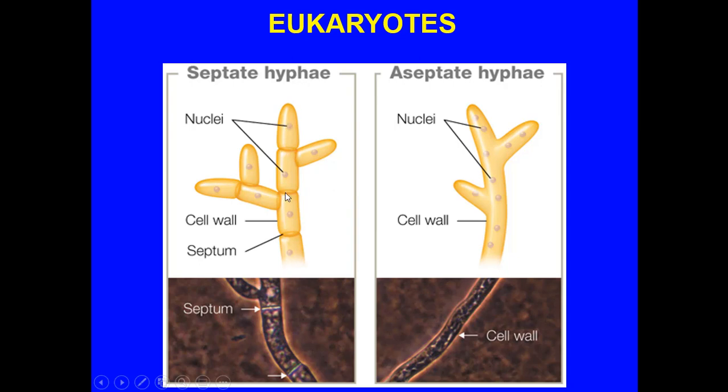Here's the septate, the walls here, here, here, here. Don't be fooled, because on the outside they all have a cell wall. Here and here is a cell wall. But the difference is that they have a septum, in other words, separation. So you have a single nucleus, separation, single nucleus, separation. Separation here, single nucleus. Now, with aseptate, no cell separations here, no septums. So now, in essence, you have this large continuous cell that has very large cytoplasm and also multiple nuclei that basically keep the entire organism functioning.